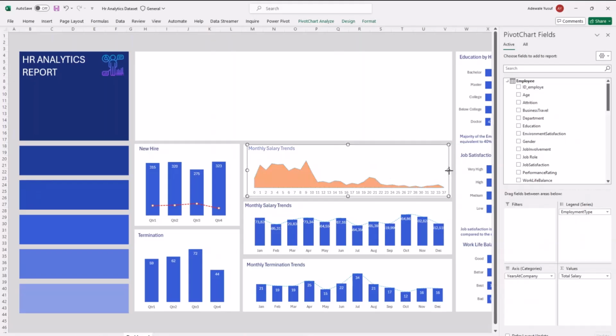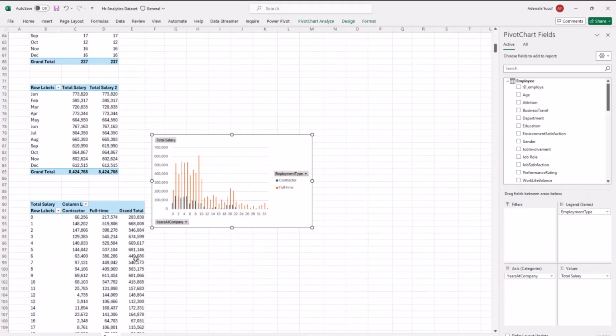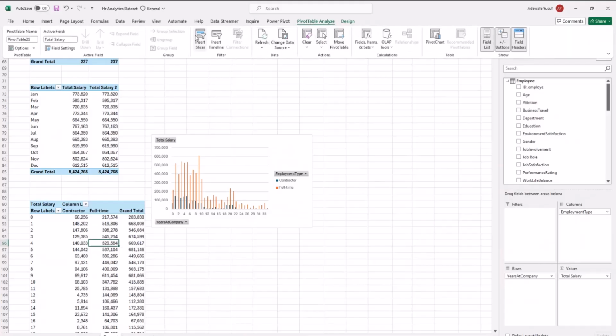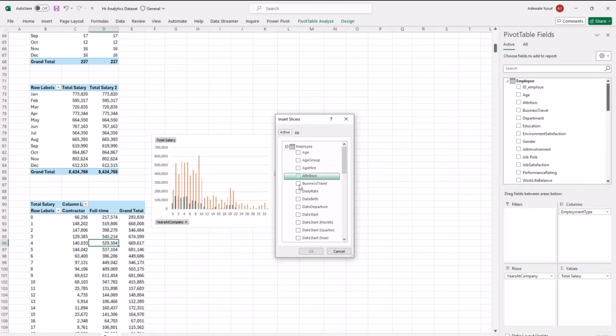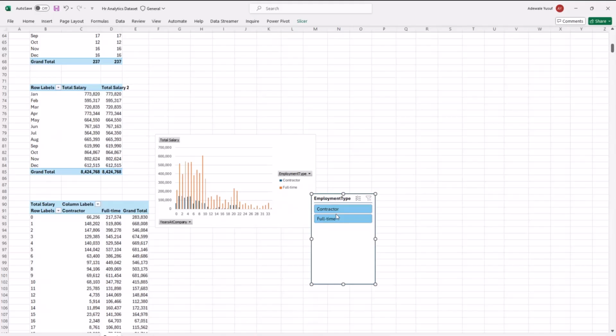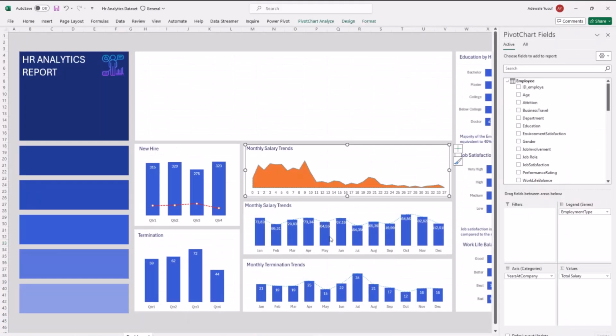just want it to show me per one employee at a time, just per employee at a time, right? Because I don't want to be switching between two employees. And the way I do that is I can come here, create a slicer on this report only. And I'm going to use my employment type, right? I'm going to select my employment type. So this slicer, I'm going to bring it here to my dashboard.